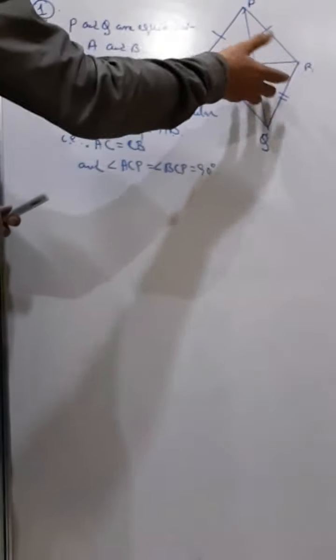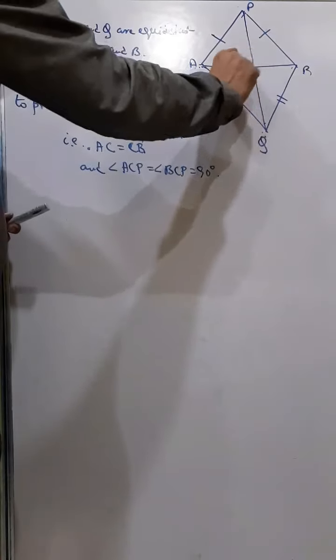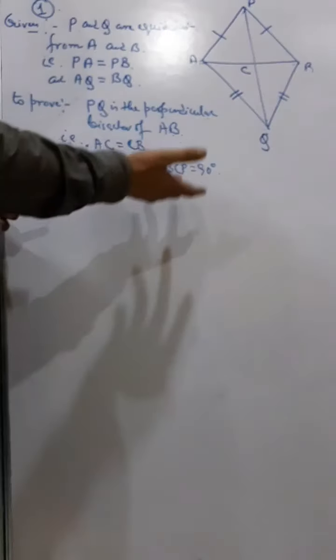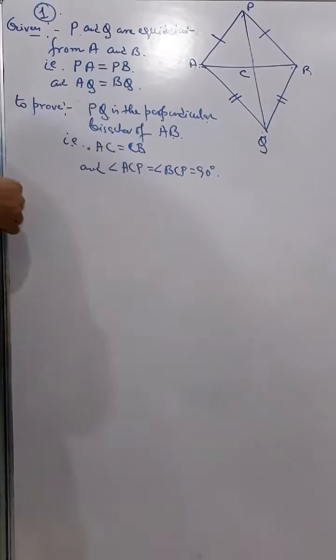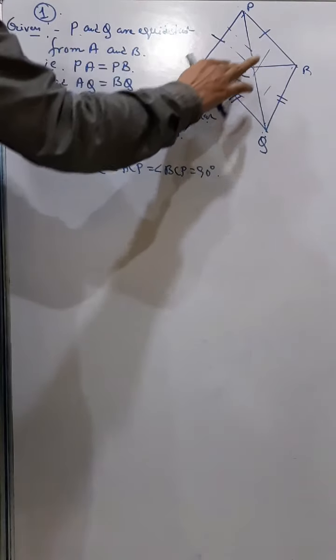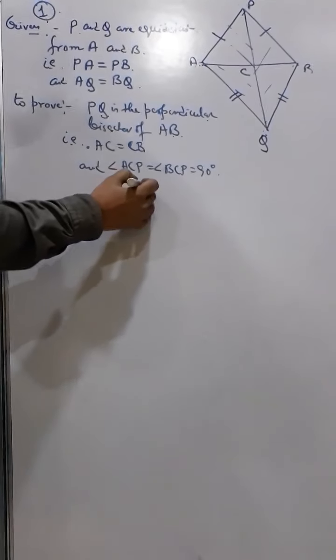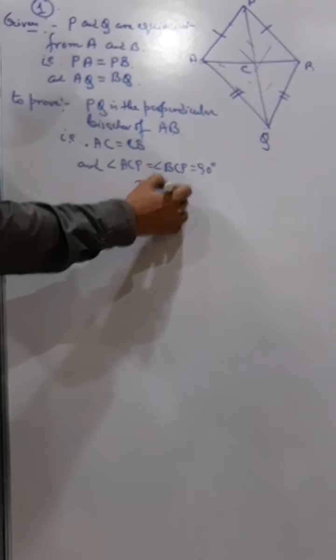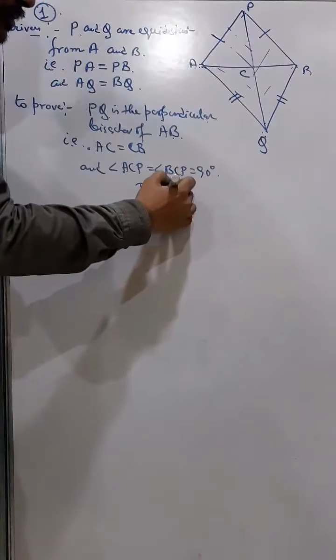But for this proving we require these two triangles to be congruent. Initially we can't prove these two triangles congruent because we don't know anything. We just know this equal to this and this equal to this. That's common. We don't know the third point. So the first thing we have to do is prove this triangle and this triangle congruent, because in these two triangles we know three points. Okay, just follow.